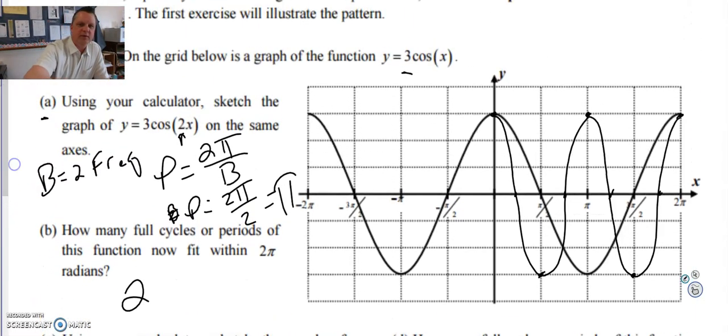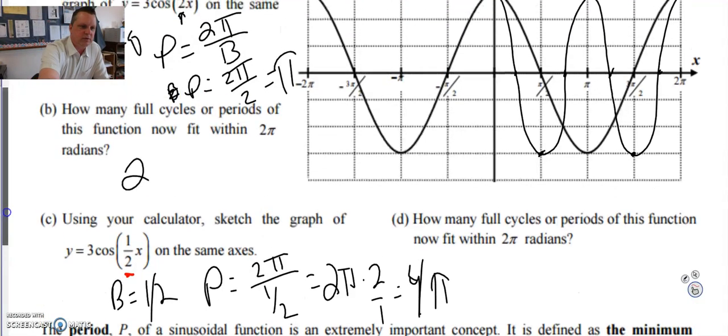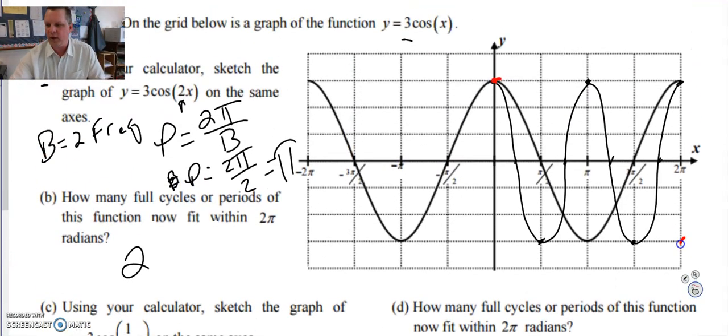So if we go up here to graph this, and I'll put this one in a different color, hopefully, we now have to stretch it such that it has the same high point, but now only half of the curve is going to occur between 0 and 2 pi. Okay, that's what this 1/2 is. So we have to have at 2 pi half of the curve. So at pi will be a point where it goes through the x-axis. And there it is. It's only half the curve. And I'm only focusing on between 0 and 2 pi, because that's usually what you'll have to do on the